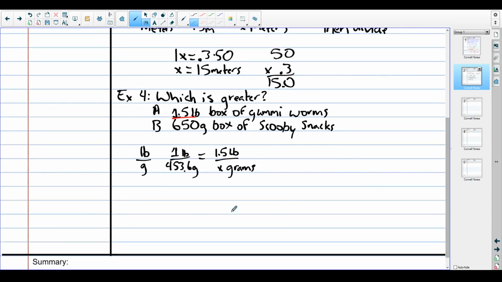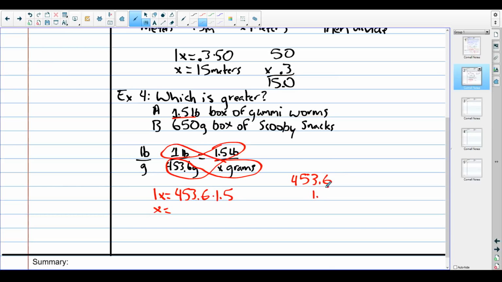So we're going to cross multiply, same as last time. Not even circle it again because we didn't circle it last time. We have 1 times x. We also don't have to keep using x. You can use any letter. Don't get it stuck in your head that you have to use x. 453.6 times 1.5 on the other side. So this is going to be sort of nice. We don't have to divide by anything terrible because 1 times x is just x. So our end result is just going to be what is